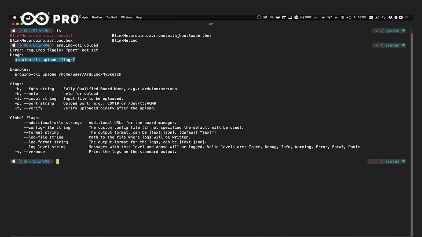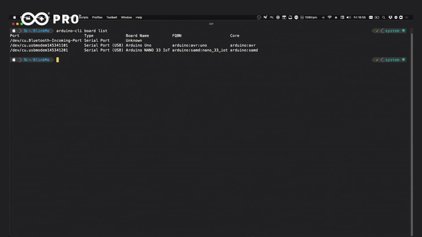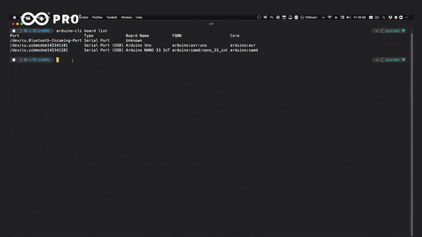So arduino-cli upload requires a flag, and it can have some flags that are related to the board we want to install to, but the one that we really care about right now is the -p flag, so the port flag. arduino-cli board list, and we want to use this serial port, we're going to copy and paste it in line. So arduino-cli upload -b arduino:avr:uno -p, and we paste this one,